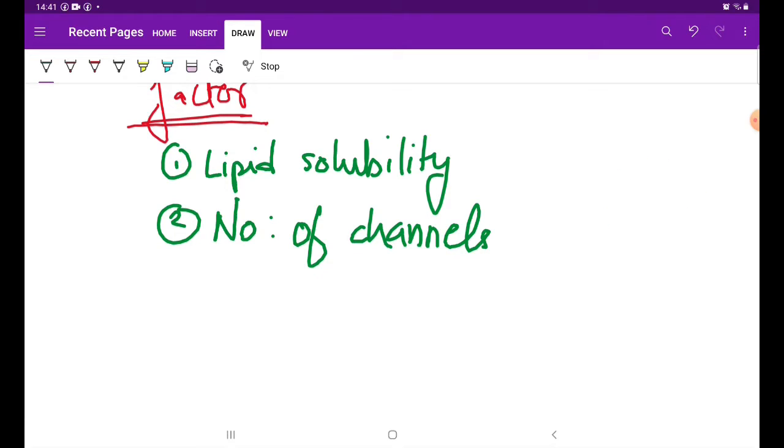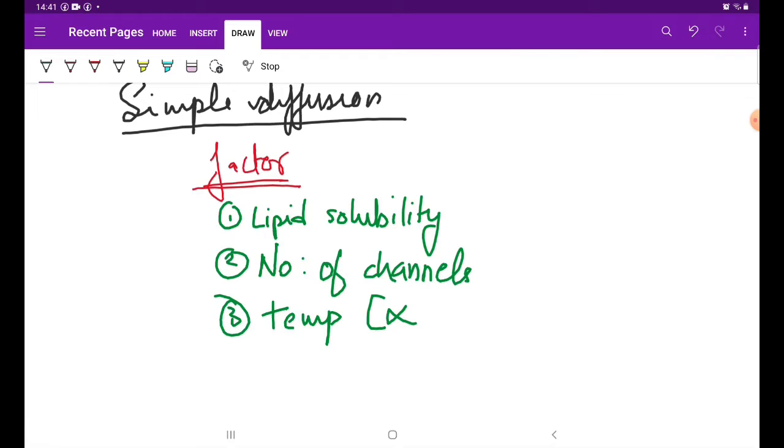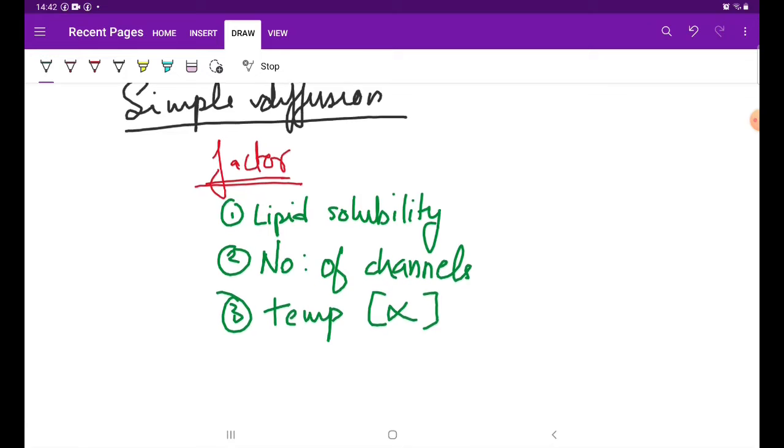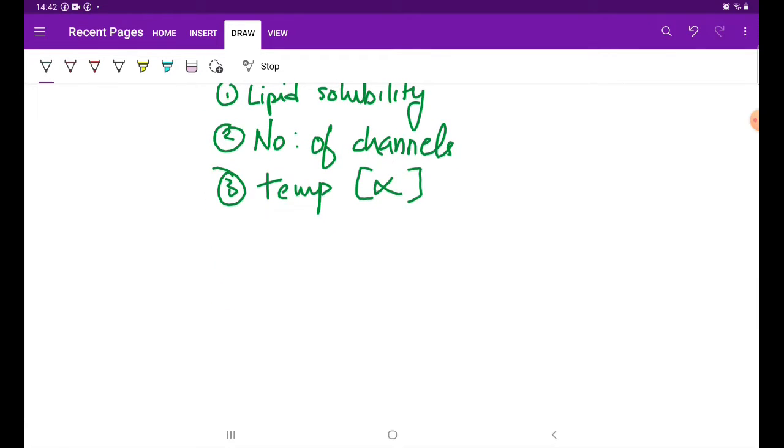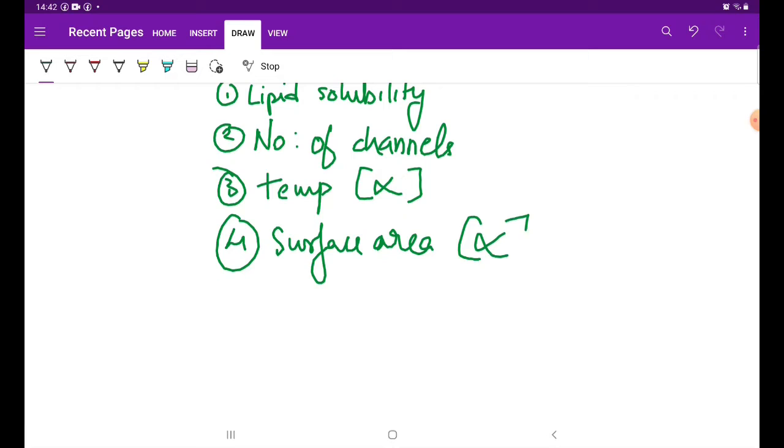Okay, then the third factor is temperature. So temperature is directly proportional to simple diffusion. As temperature increases, diffusion will also increase. Then the fourth one is surface area. It's also directly proportional to simple diffusion. Then comes the fifth one,